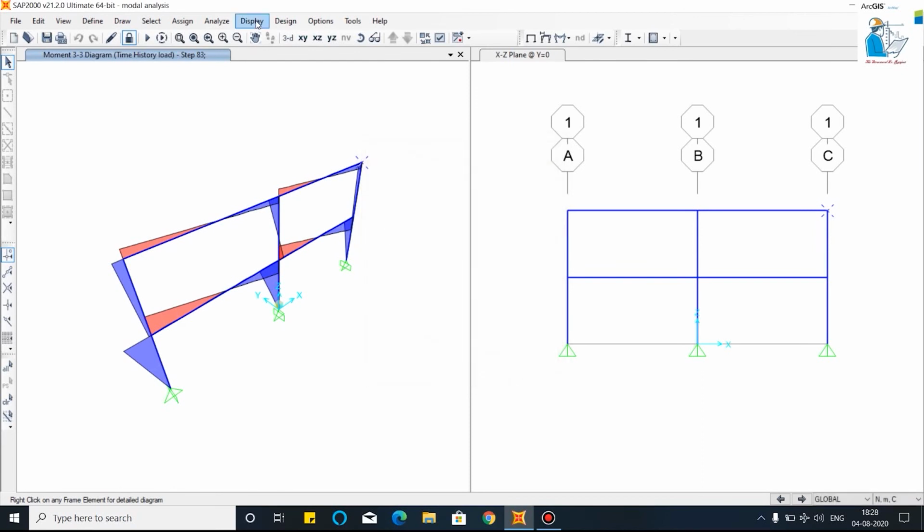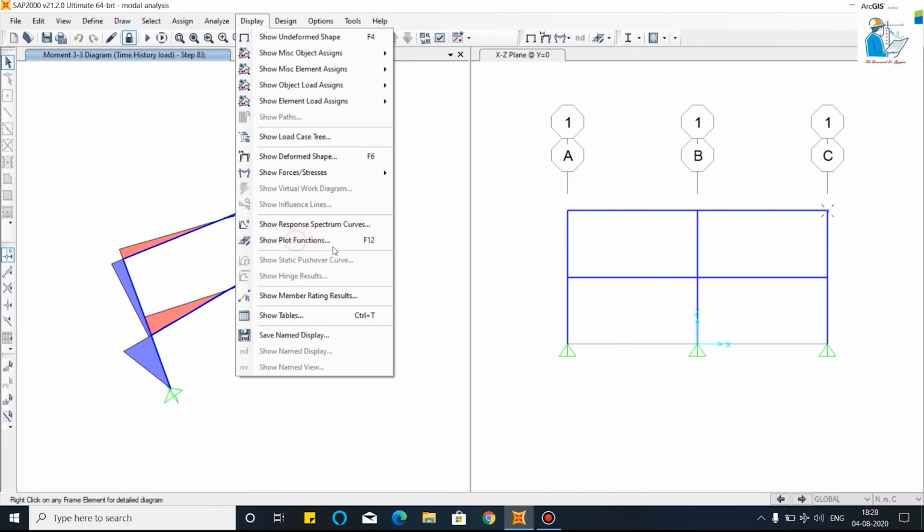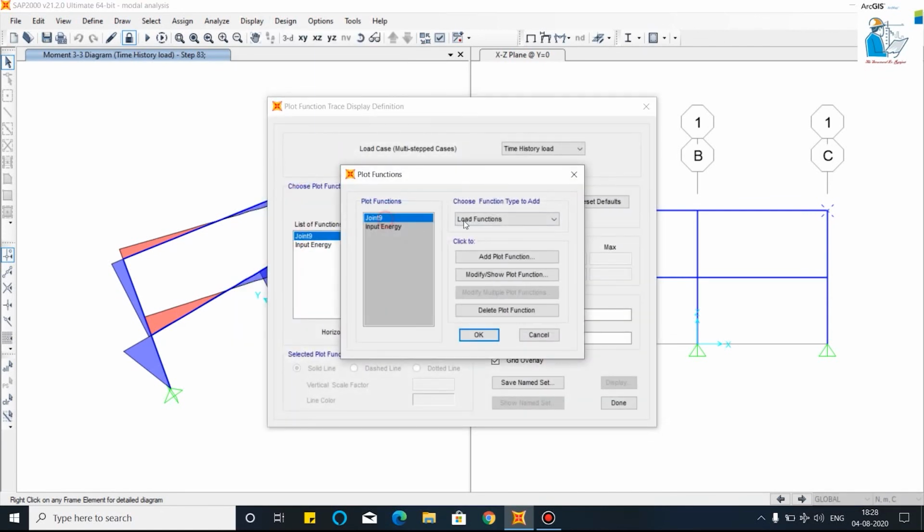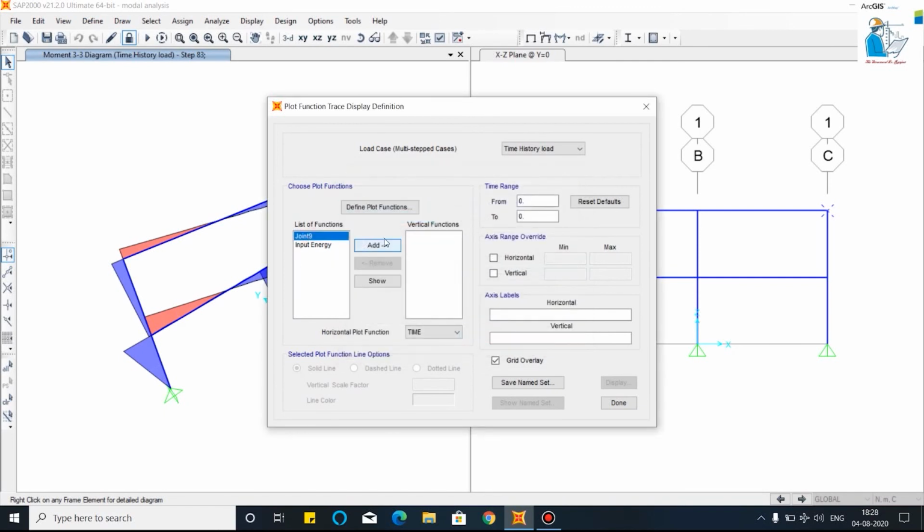Click on OK. Then go to show plot function. In plot function, I will select the joint displacement and forces. Click OK and add this function to the vertical function. Here you can select the time range, and this is the solid line where you want to show; the scale factor will be 10.